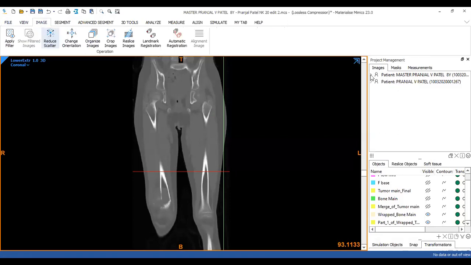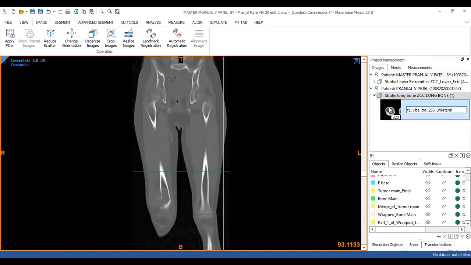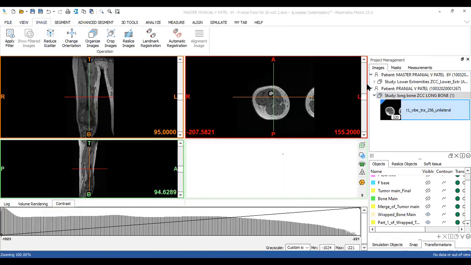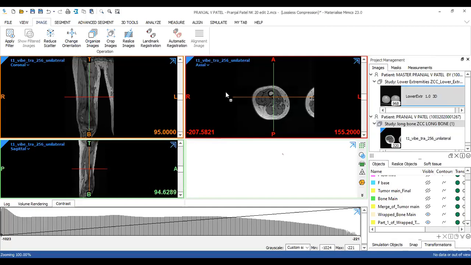So now I'm going to switch. So how do we switch the data set? We click onto the data set here and then you drag and drop. Using your right click, I'm just going to drag and drop this image data set. तो अब मैं यहाँ पे MRI देख रही हूँ. तो आप जस्ट उस image set के ऊपर क्लिक करेंगे और उसको drag and drop करेंगे तो आपका image set switch होता है.